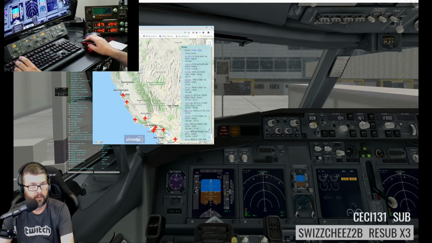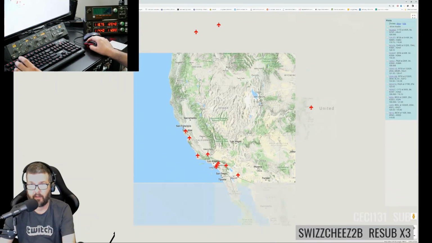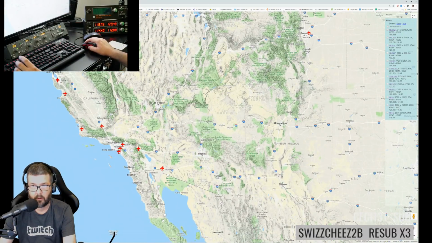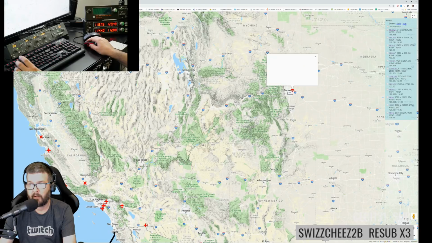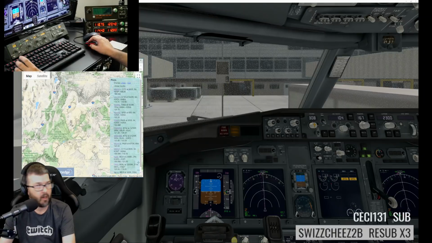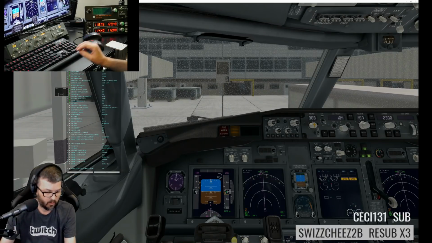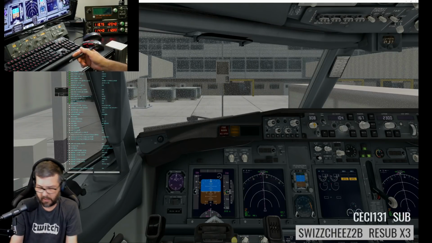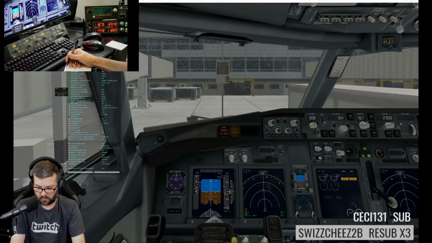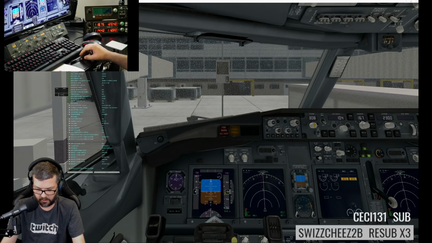They must have fixed the PilotEdge map because it used to have that for-development-only situation, so that's cool. All right, we're up here at Denver. Yeah, we're filed correctly. Sweet. We'll leave the map open to watch our track. I'm not hearing any radio activity yet. Doesn't mean anything. So rather than cold calling with a radio check,